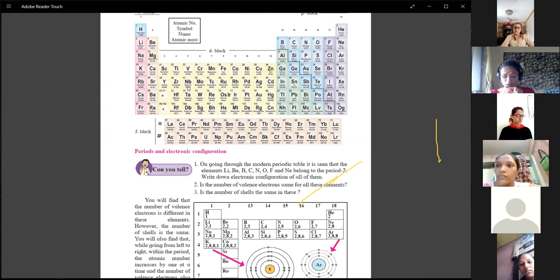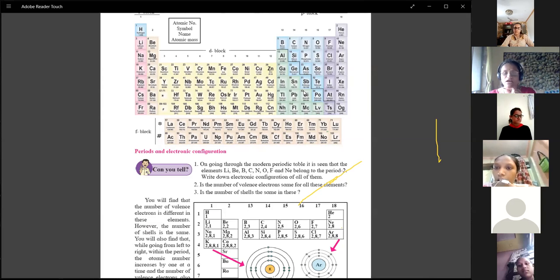Third question is, what would be the expected trend in variation of non-metallic character of an element down the group? From top to bottom when you go in the group, what is the trend? Jyoti? Atomic size increases. Yes, because one shell is added. Atomic size increases, electropositivity increases, while electronegativity decreases and non-metallic character decreases. That is the answer.